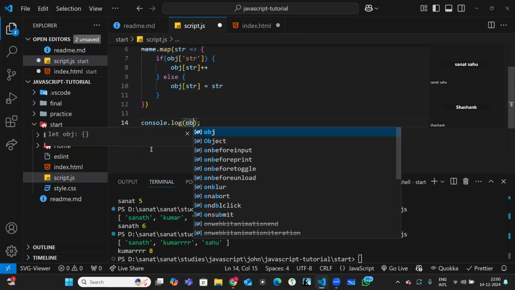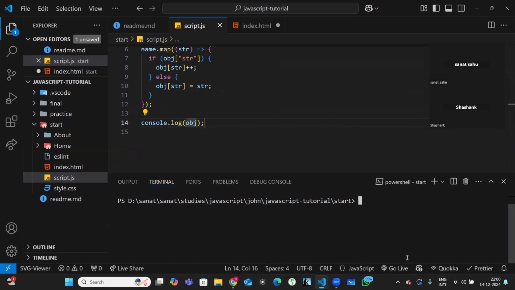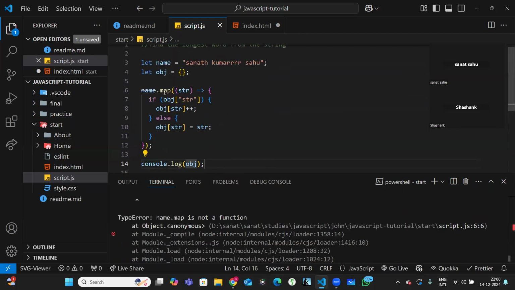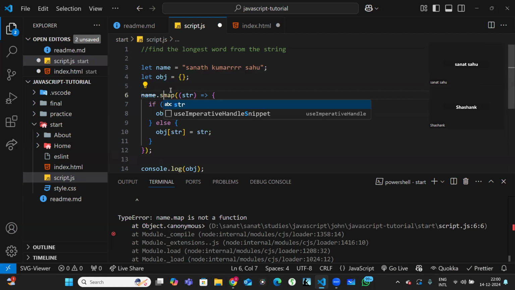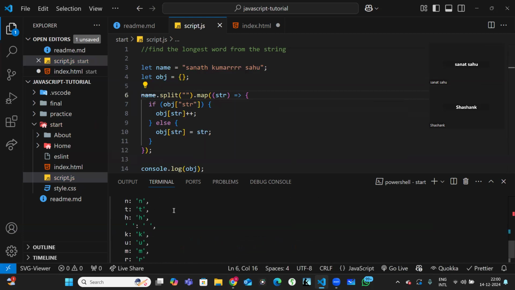We have to solve it in a small way. Now there is no nested loop, only one loop, right? Let's see. Map is not a function. It is not working over here. Try this, okay? It might end anytime. Do a split with empty string, see now, okay,